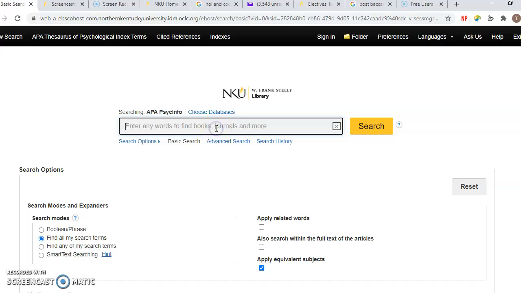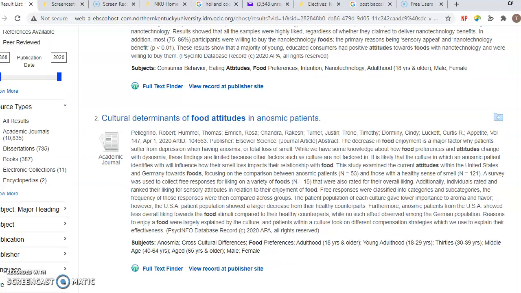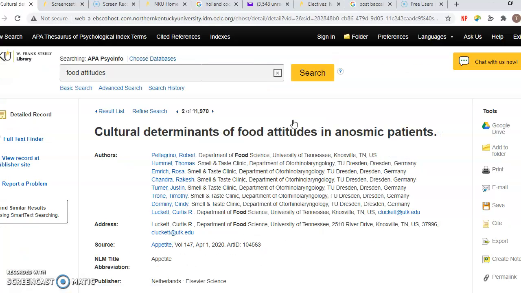To find this, I did two searches, but for this one I just typed in food attitudes because I didn't really have a category in mind, just this from doing an email with you. I scrolled down, and the second one was talking about anosmic patients. To filter this, I made sure I was in PsycInfo and not another database, so it strictly filters psychological